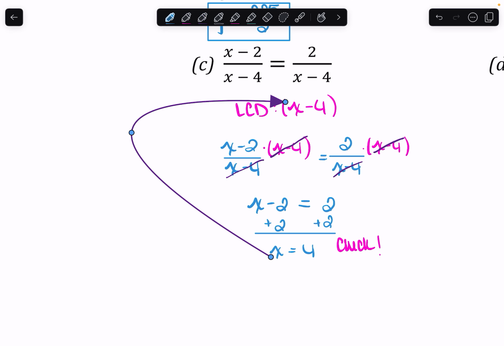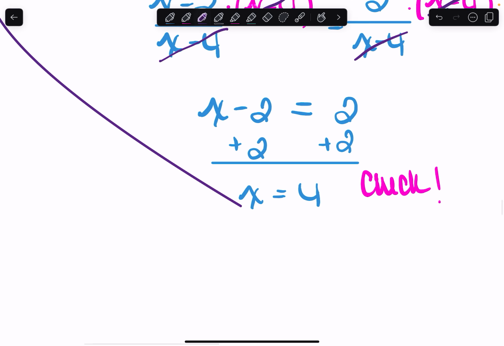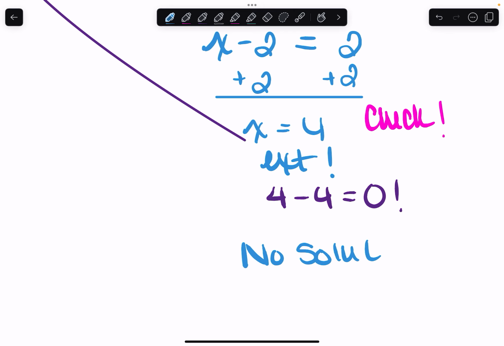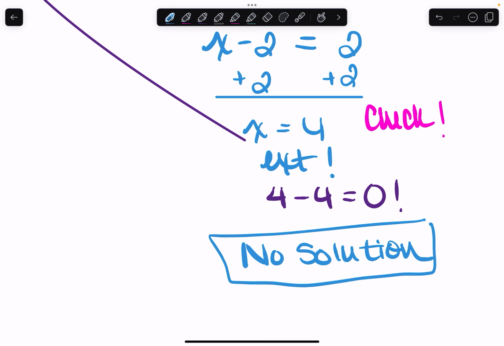And the problem is that is 0. 4 minus 4 gives us 0. So that means this is an extraneous solution. It is a solution that is not valid. I'm just going to abbreviate extraneous. Since there is no other solution that we got, there is no solution to this problem. Be very, very careful with that. Always